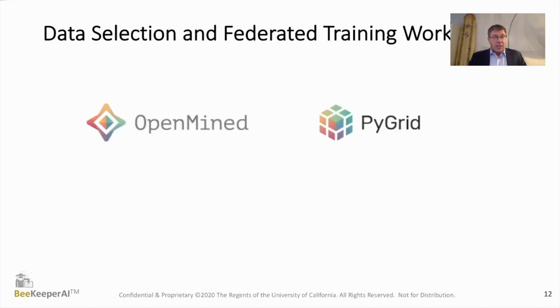When validation is not enough and we need to be able to do federated training on multiple data sets, then we are fortunate enough to be working with OpenMined. And I want to thank the leadership of OpenMined, Emma Blumke, Andrew Trask, and Patrick Kaysen for all their support and guidance as we develop this technology. The idea is that these individual nodes that hold the data local to the data owner's own infrastructure can be connected through PyGrid to enable